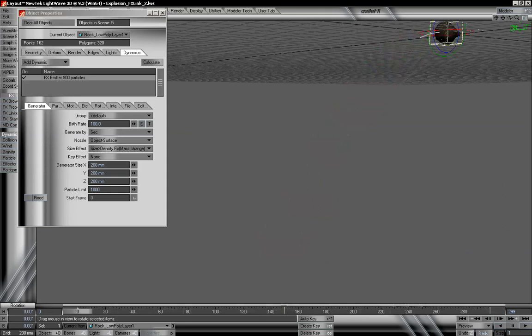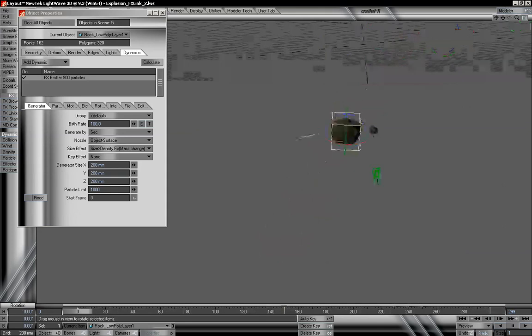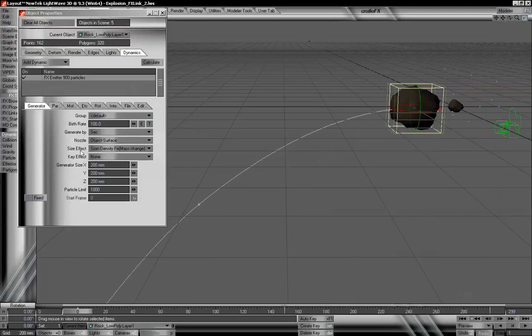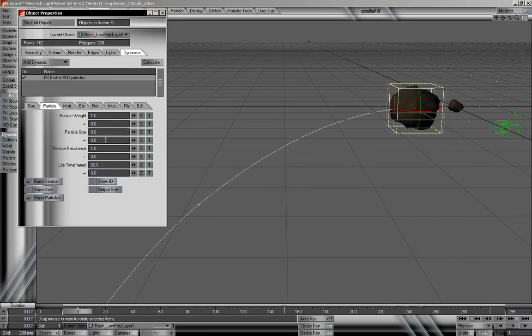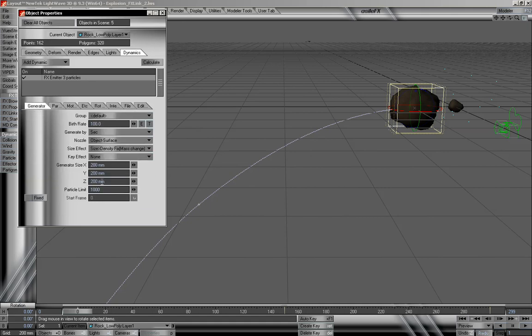And now we have a nice bit of rotation showing up on that object, and we need to adjust our emitter so that it's producing enough particles and in a long enough time. So we'll go to Particle, change our lifetime to 300 frames,